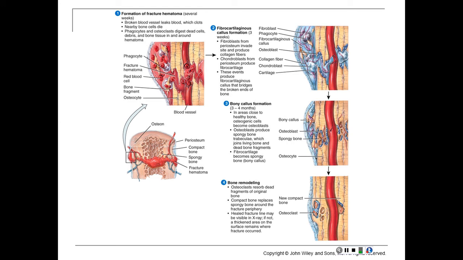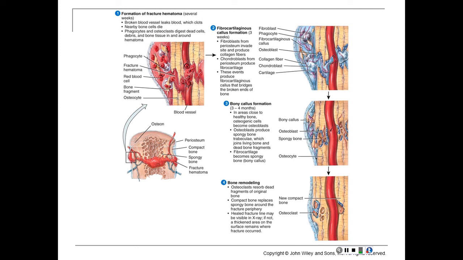This can take several months to form. Some of you that have had a broken bone may be able to feel where that bony callus was. It's literally like a little protrusion or a bump, so to speak, on your bone. And in the areas close to where the bone was broken, these osteogenic cells or osteoprogenitor cells differentiate into osteoblasts, producing that calcified matrix, and the fibrocartilage eventually becomes the spongy bone, which is going to be the bony callus that you feel. Then up to years later, there is the process of bone remodeling, where the osteoclasts